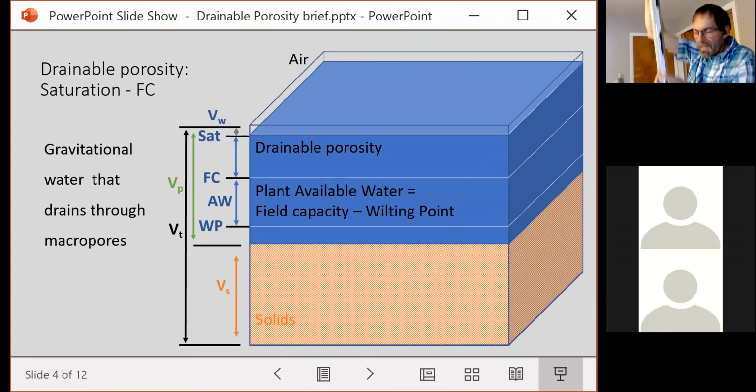And so when I put in a tile line, that's what this space at the bottom will represent. I was able to lower my water table in this coarse sand by about 18 inches, 46 centimeters. So again, that's going to represent my drainable porosity. How much of the water can I move out of the soil? When we look at this other one,